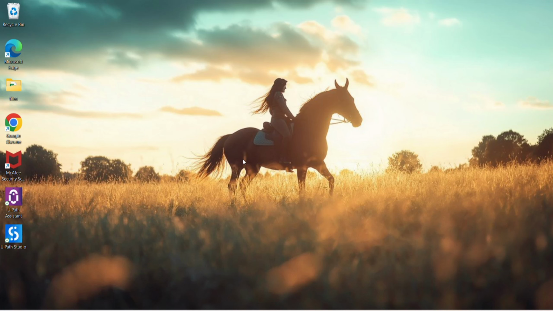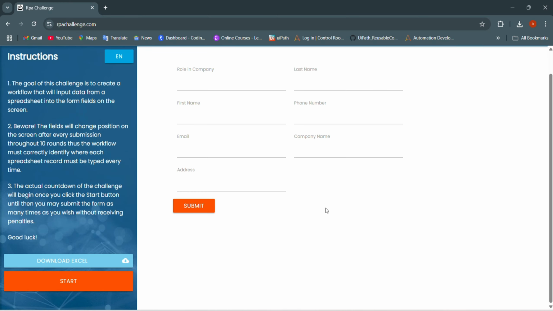Today we are taking one of the most famous automation tests out there, the RPA challenge. So what is the RPA challenge? This is the link. It's a web form with fields that shuffle every time the page reloads. When I click reload, it will shuffle, right? Your bot has to read the data from an Excel sheet and enter it correctly into the dynamic